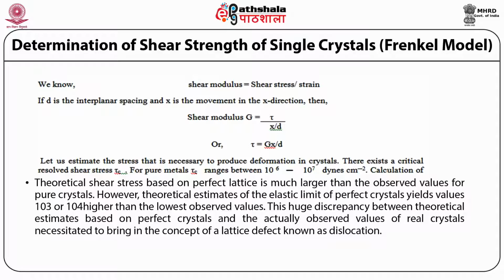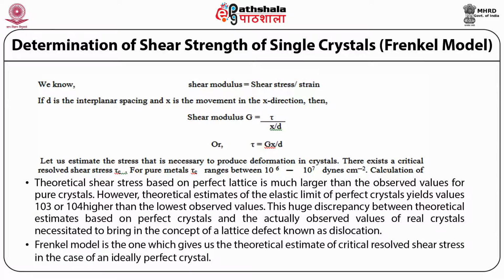This huge discrepancy between theoretical estimates based on perfect crystals and the actually observed values of real crystals necessitated bringing in the concept of a lattice defect known as dislocation. Frankel model is the one which gives the theoretical estimate of critical resolved shear stress in the case of an